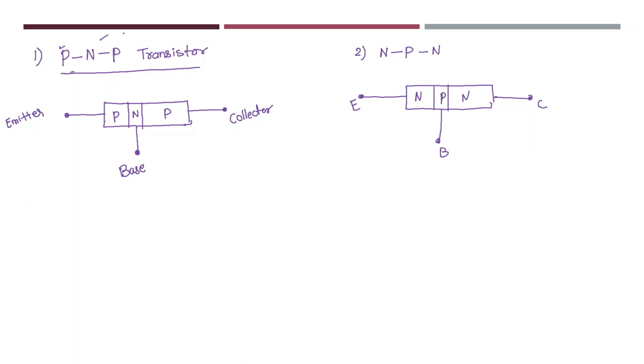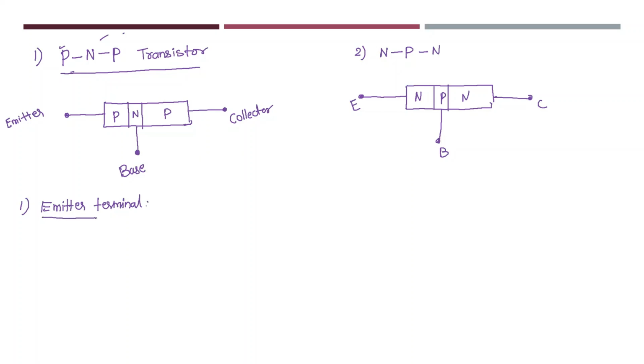Now you might be seeing that I have drawn different regions. I have drawn the emitter region in somewhat big size, and the collector region is very large, whereas the base region is very small. What is the reason for this? We will understand the reason in the working of transistor. First of all, let us study the properties of these three terminals. First one is emitter terminal.